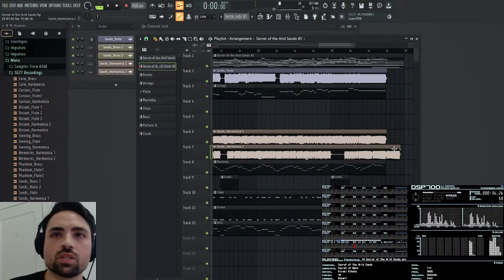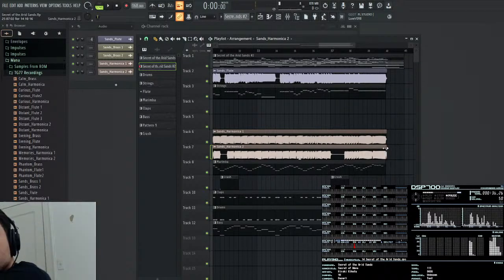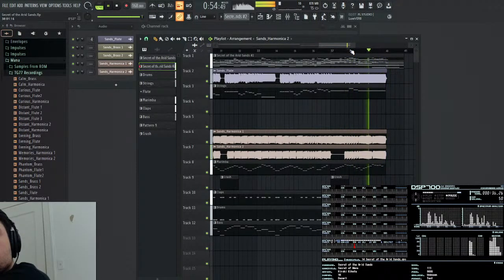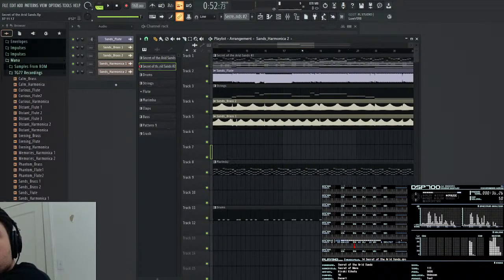And what is that? Oh, that must be the other note from the next pattern. That's the other brass note. Nice. Nice, and we already have an ending cut out, so that's good.